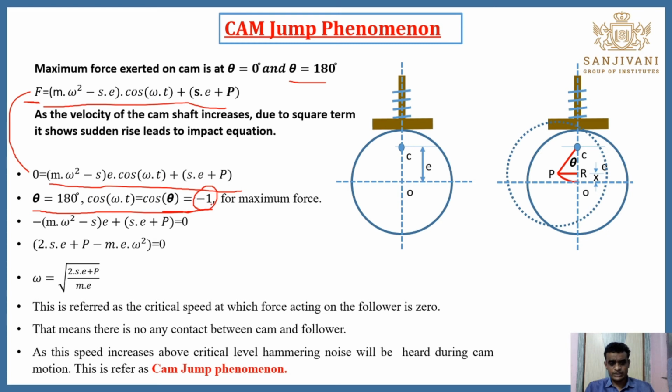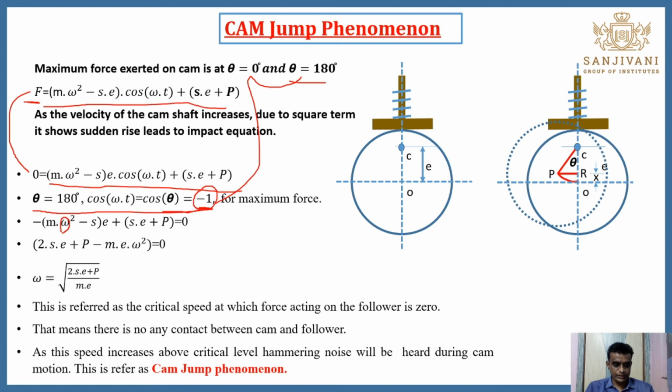When theta is equal to 180 degrees, that is the maximum force of -1 of that follower. Again, if you put cos theta, here we already studied that when theta is equal to 0 and 180 degrees, we find the maximum force either in the upward direction or in the downward direction, because in this case reciprocating motion of the follower takes place. One maximum value is at the top and the second maximum value is at the bottom. Okay, now by rearranging these terms we'll find this omega.